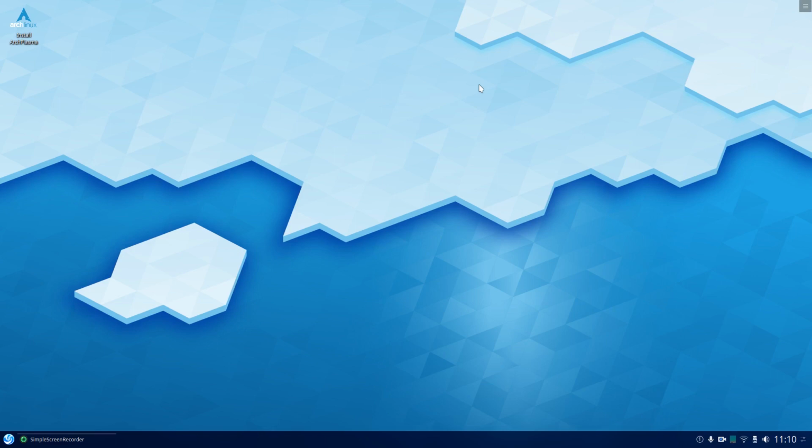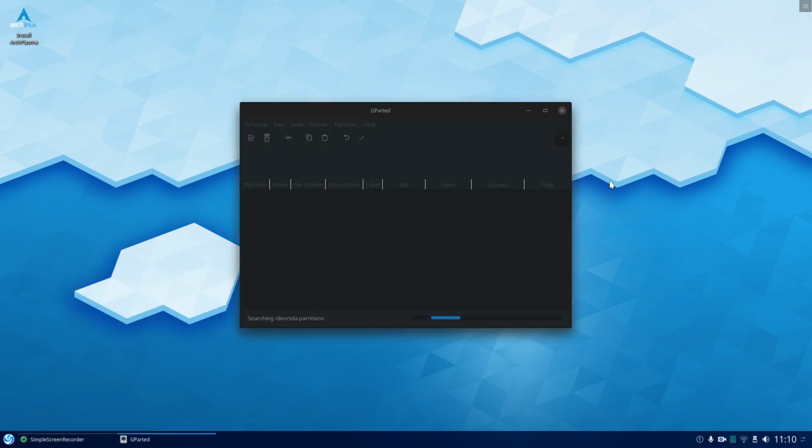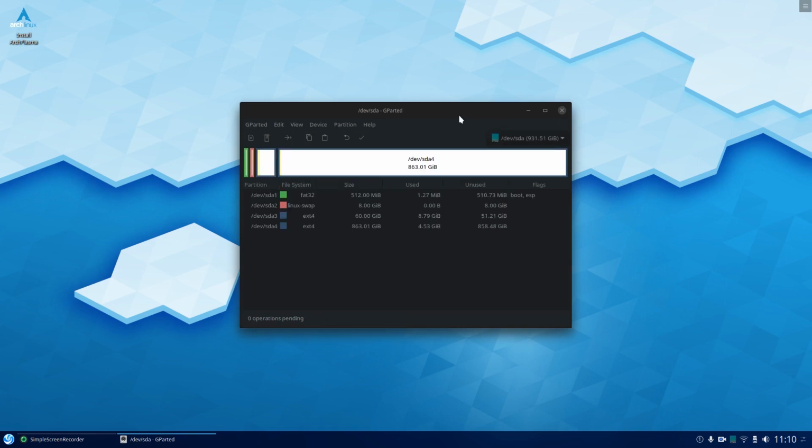Today we're going to be installing ArchPlasma from antechdesigns. This is his new one that he's got going on there. So we'll get the install going and then we'll take a look around the desktop. He's also got the same as his Arch Deepin, he's got gparted installed, which is my favourite. So we'll just get gparted going and we'll have a look at what we need to do with the disk